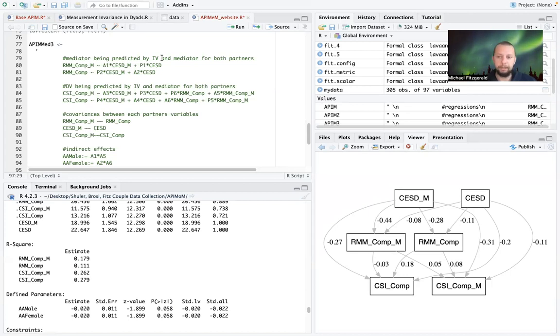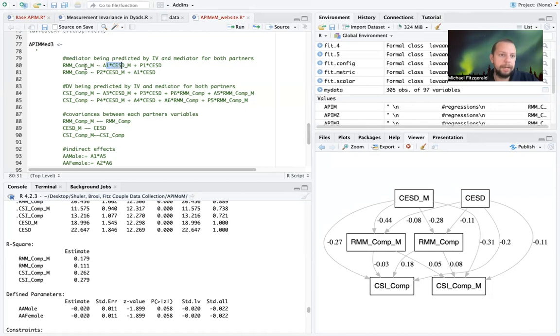We can conduct the likelihood ratio test, we can look at local misfit, and we can see what constraining all of the pathways in our model will do to our substantive findings. So what I'm going to do is constrain all of the actor paths to be equal. We just changed the value labels here. So actor 1